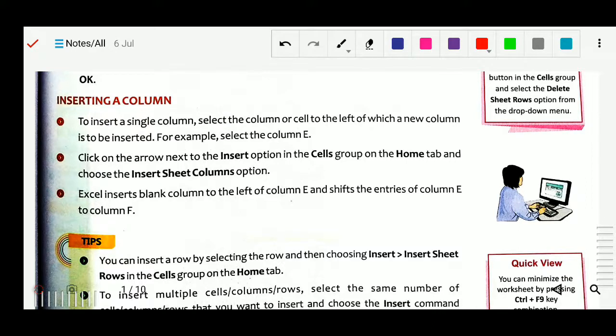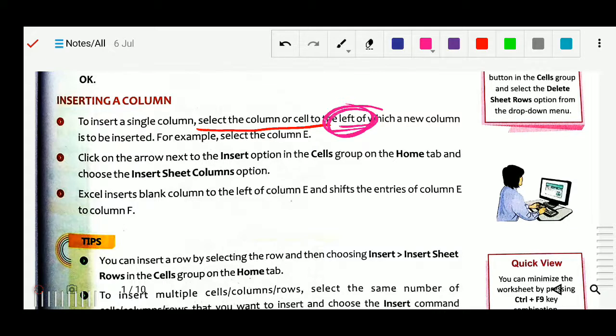Next is inserting a column. To insert a single column, select the column cell to the left, which is very important: the left of where a new column is to be inserted. Suppose you want to insert a column, then you select the column to the left of that position.